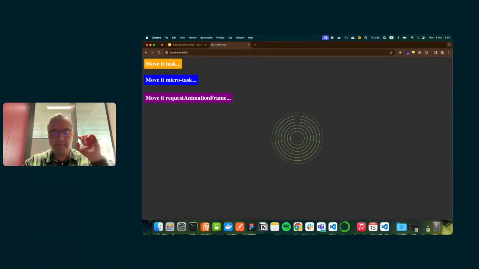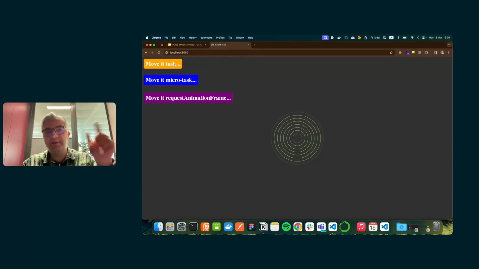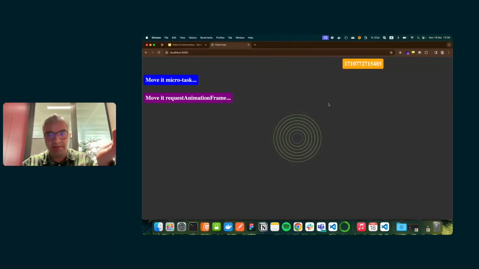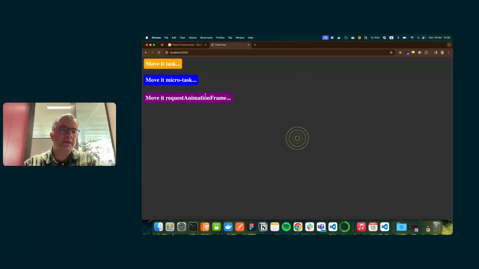As you remember, since we are picking one by one from tasks, it lets the browser render. Let me click on it. Yeah, it moves, and it doesn't block the browser because you can see everything, right? Let me refresh. Let me use requestAnimationFrame.